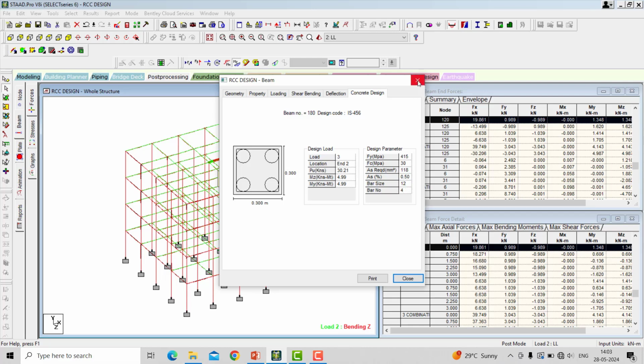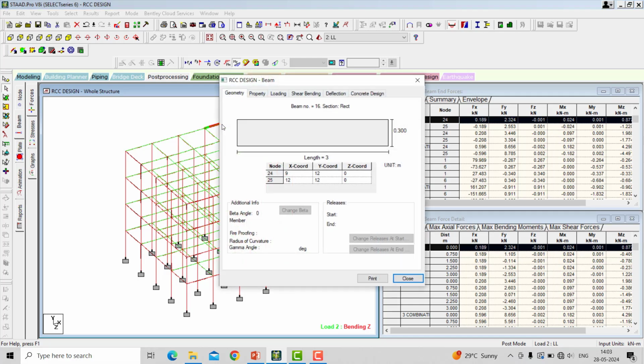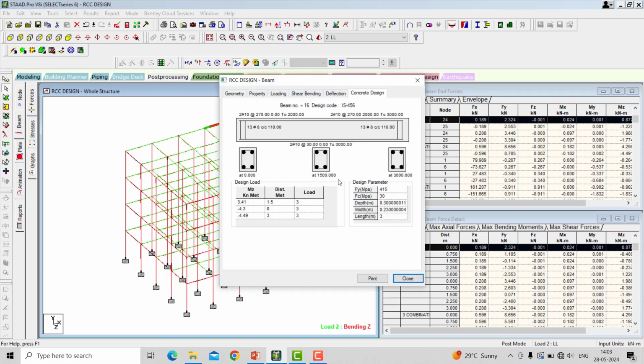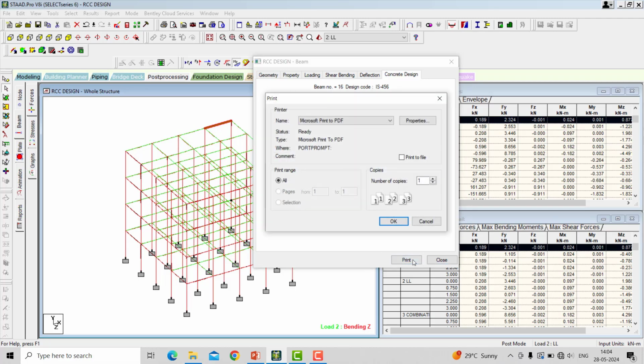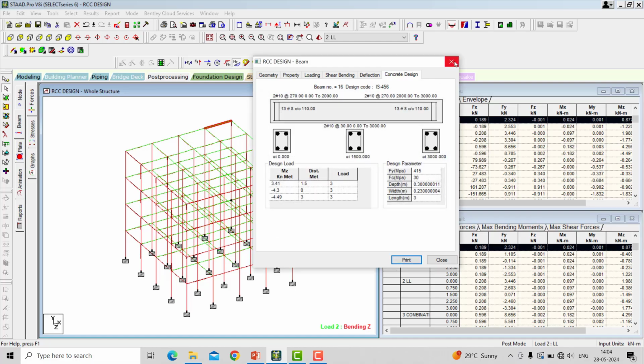So like this you get the design details. When I double click on the beam, I get the beam details like this. If you want to print this beam-wise, just double click on the particular beam and then click on the print beam option.